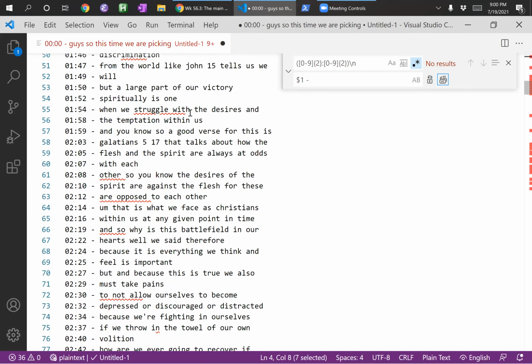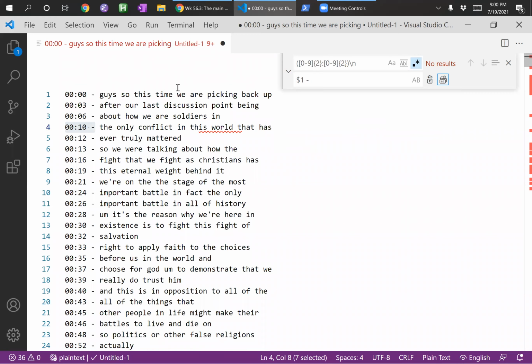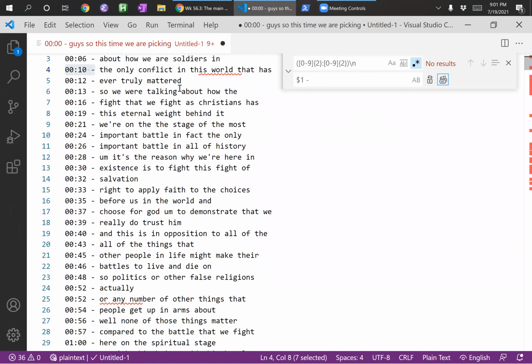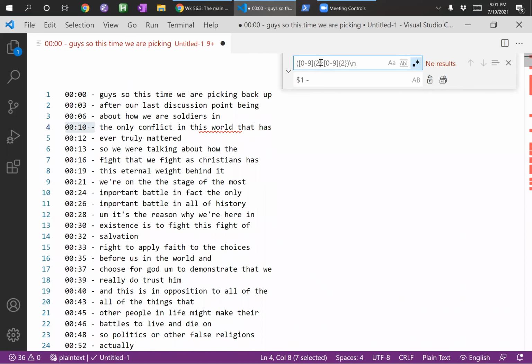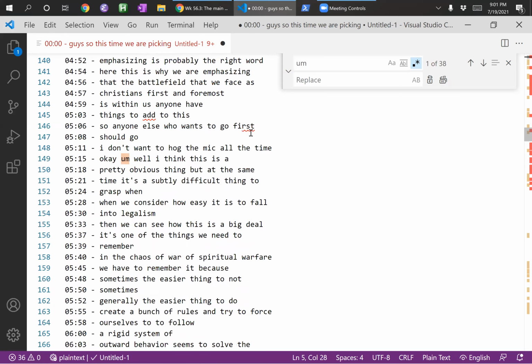If you want to do a couple more advanced things, you might also think about getting rid of filler words. One word, for example, that I sometimes have in my speech that doesn't really contribute any value because it is just me catching my thoughts, trying to think about what to say next, is the word "um." You might be tempted to just take the word and then replace it with nothing. But the problem is it can sometimes show up in words. So if we scroll until we find an example,